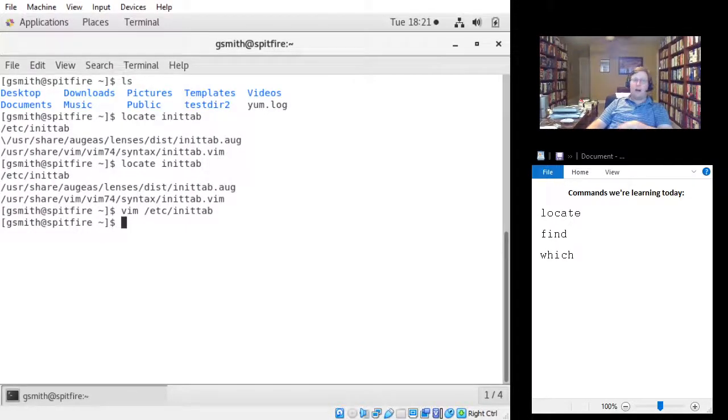Now, one of the things that you probably noticed with this, though, is that this was really fast. Normally, if you're trying to find a file on your home computer, Windows is going to take a really long time to find something. And how come Linux is so fast? Well, the little secret here is that the locate command, when we're looking for inittab here, doesn't actually go search every point in the file system. What it does is it has a database that it updates typically once a day, and it says,